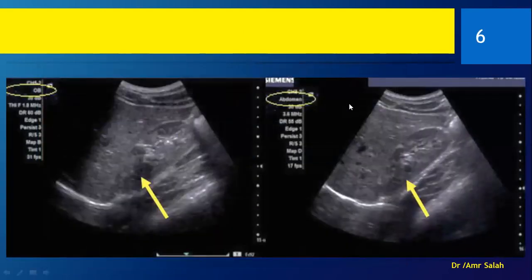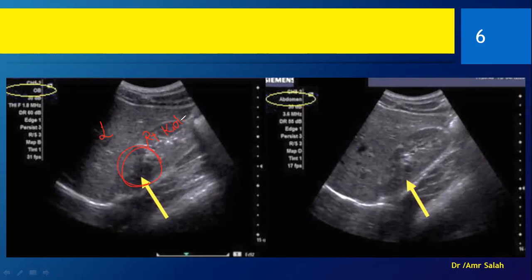Okay, now we have here an example of how doing these simple steps initially will give you the best initial setup. Now we have here a picture of the liver, okay, and this is the right kidney. As we can see here, there's part of the right kidney that's not really clear.